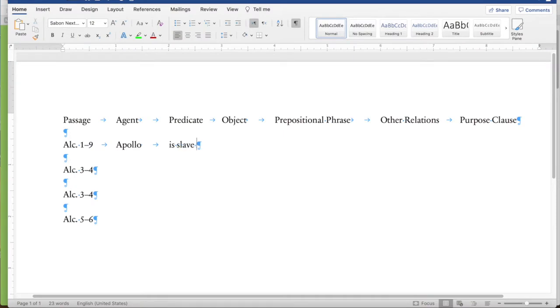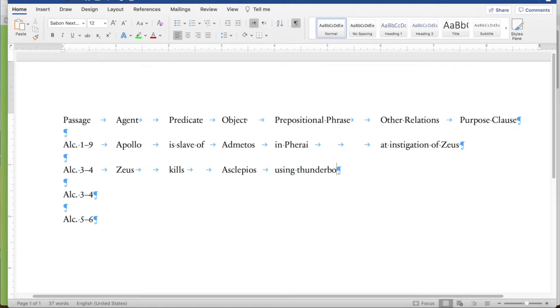As you can see, we start with the basic semantic triple. Our first entry will be Apollo is slave of Admetus. We then add the additional information about where, in Pherae. And we have other relations that we can express as well, for example, at the instigation of Zeus. Next, we have Zeus kills Asclepius. And because he uses an object that we've captured elsewhere, we can use using Thunderbolt.